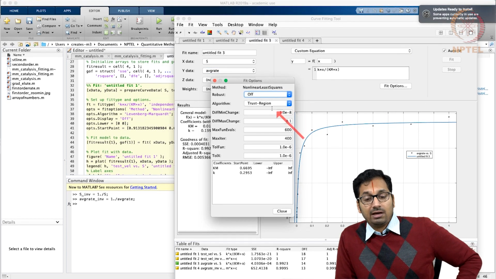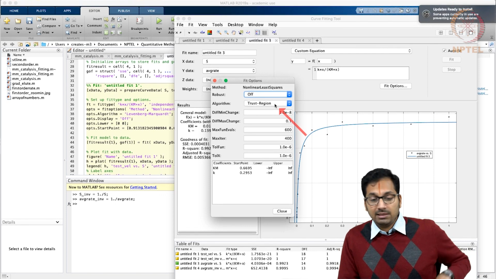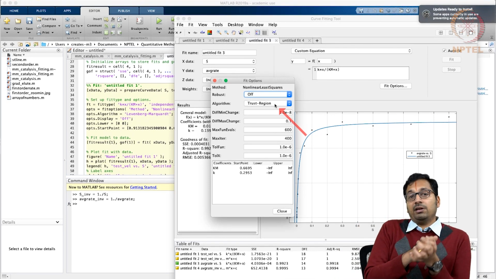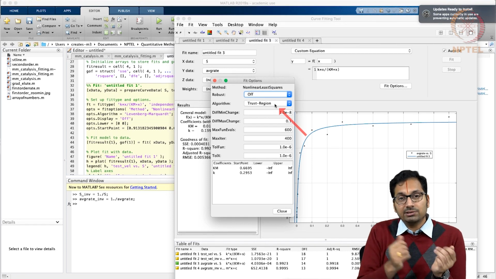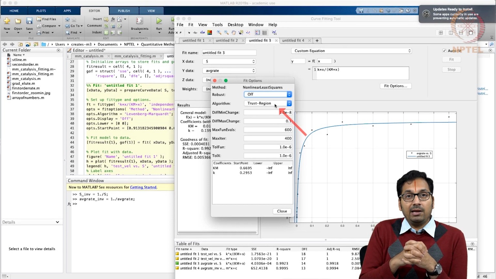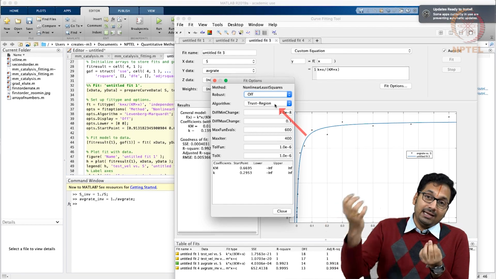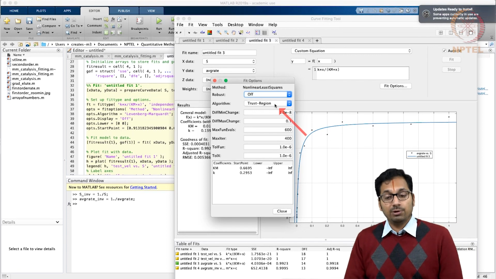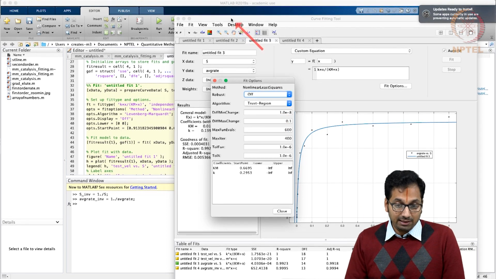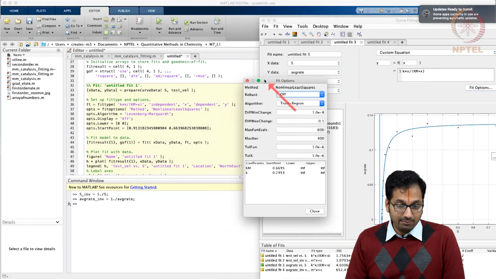You can change it in the graphical user interface, but when you have a large data set to handle, let's say the same Michaelis-Menten curve is done for 10 different enzymes at multiple different concentrations at different temperatures to determine other thermodynamic parameters, then one might start to write scripts such that the data is read from the Excel sheet as I had shown earlier, and then MATLAB is used for such fitting. So the same thing that we ended up using here can in fact be written as code.